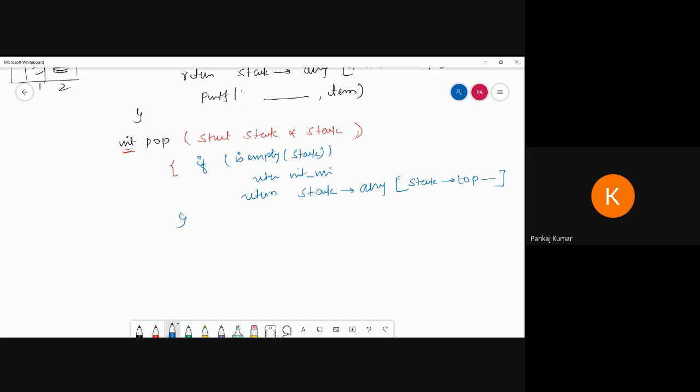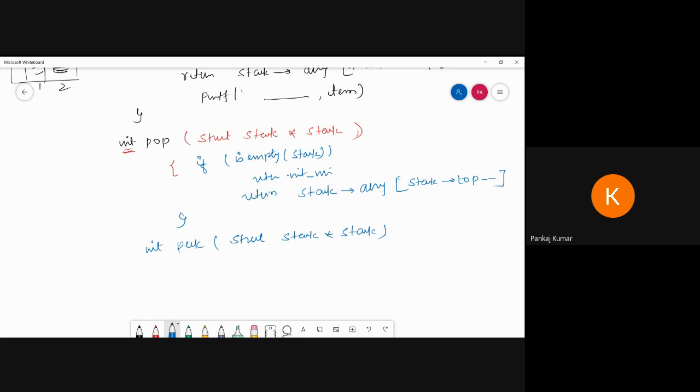Then we have to write the function to return the top of the stack without removing it. So we have to write a peek element. I am going to write int peek function, where again I am going to pass struct stack pointer stack. Here all the time I am passing a struct stack, that means the structure of a stack, what a stack can contain, so all the time you have to pass the pointer, that is the address.